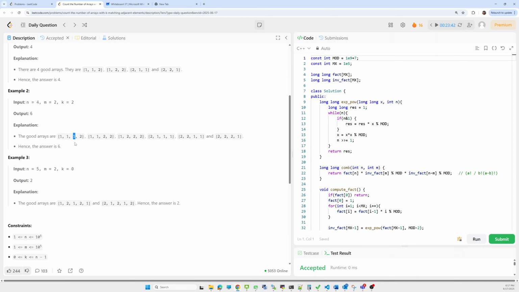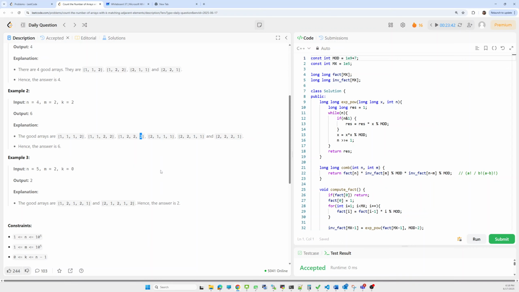Yes, it is. This is one type of array. In this one, one index is satisfying, and the last index also satisfies the condition. This is also an array where the second last and the last index both satisfy the condition. In this way we can form such arrays.